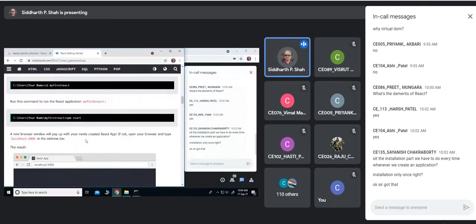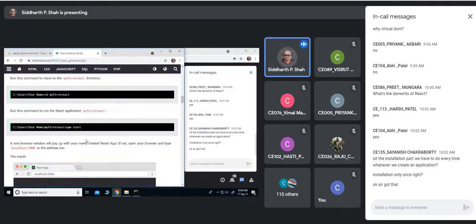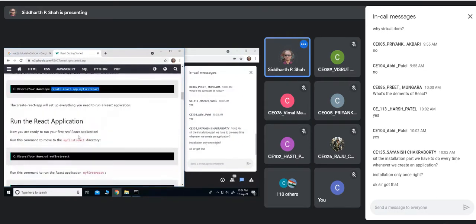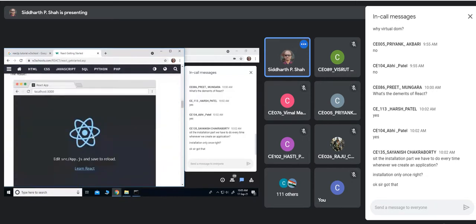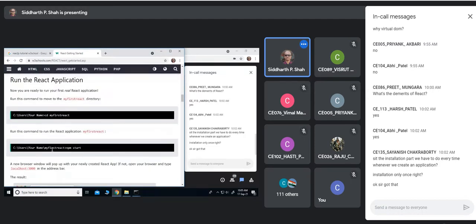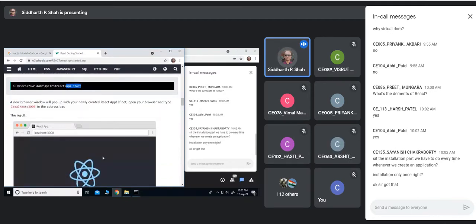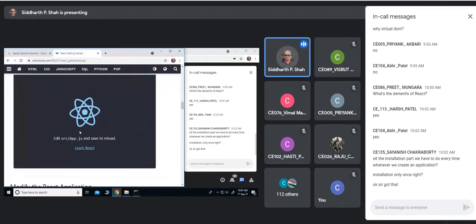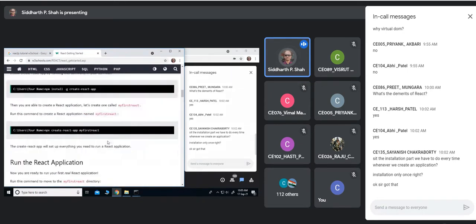Okay, now let's say you want to work with this code in your VS Code. It is simple. Once you create this application, you open your application folder with VS Code and it will show you the hierarchy of the application. And if you run it from the terminal, how to run? It's simple: npm start. You just say npm start and it will start your server and show you this. Now, this is the default page, or you can say default code, which is there in any React app that you create using this command.